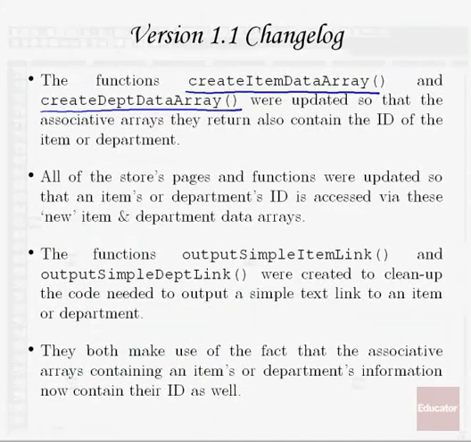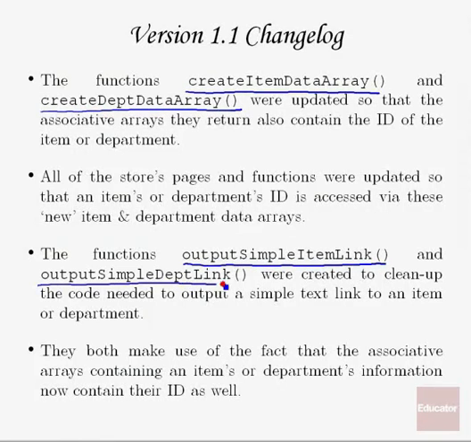And finally, the other thing that we've done is we've created two new functions called output simple item link and output simple department link. And we've added these to our output lib, or output library. And basically these are just created to clean up some of our code, because we found in a lot of places in the code that we're actually creating simple links to an item's page or department page. For example,